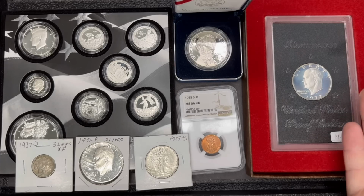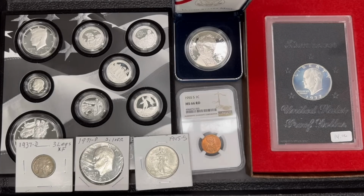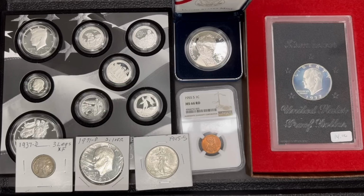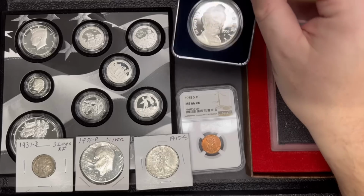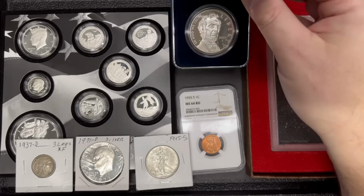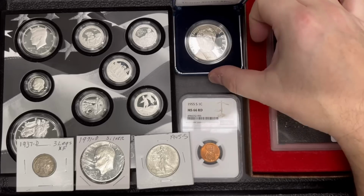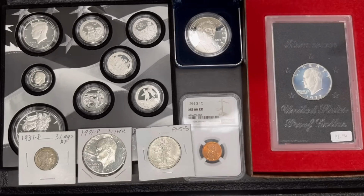Number 10 is sitting right in front of you here, and it's a new addition to my list. I have never included numismatic / collectible coins as part of my top 10 list, but I've seen an increased popularity in those. Now, what is a numismatic coin or a collectible coin in my opinion? Well, it's a coin that has value above its precious metal content. So for instance, like this 90% silver Abraham Lincoln US commemorative silver dollar. There's only about, as I film this, $22 worth of silver in there,